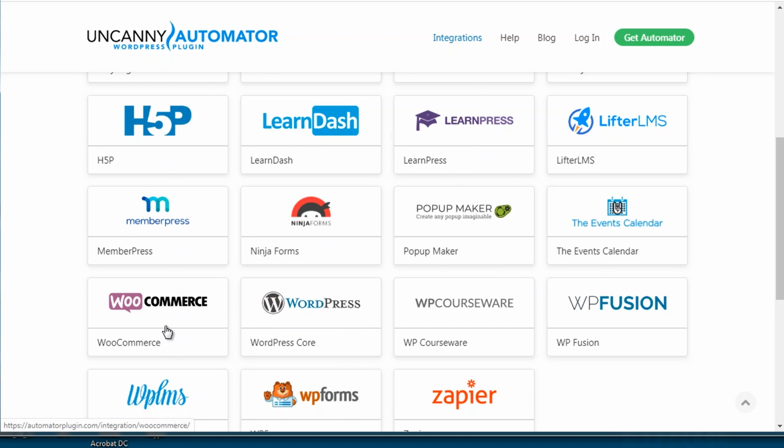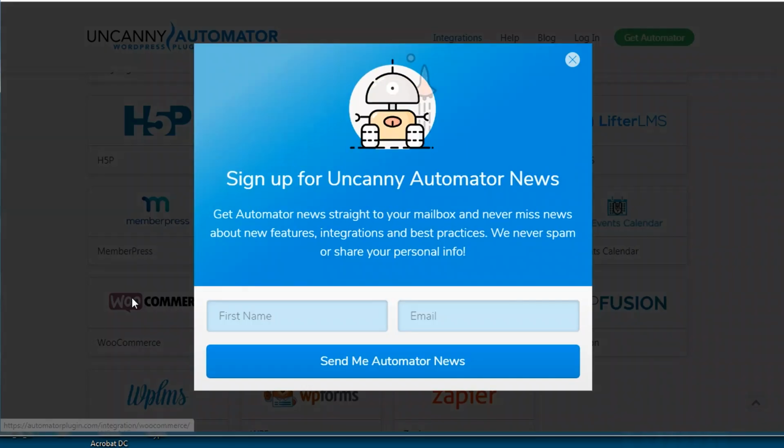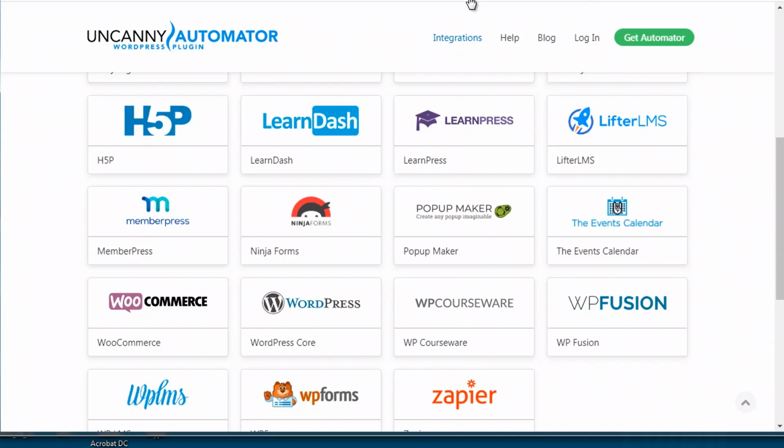So you also got WooCommerce here, and I can say that they actually integrate with things like WooCommerce Subscriptions. So you can run a membership site, like a monthly membership with MemberPress, maybe an online course, monthly online courses through WooCommerce, and you basically can make all of these plugins talk with each other. So if you want to do something like a trigger from here, and then an action from here, and then a trigger from here, and then an action from here, you can do that. It doesn't have to be one trigger and then one action. It can be a sequential series of